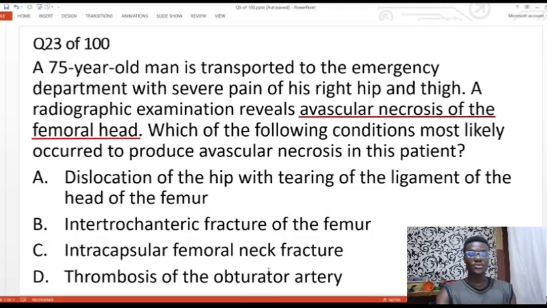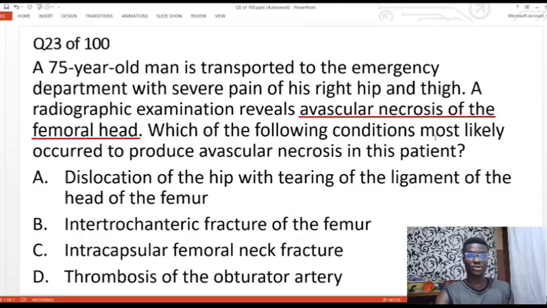Option C, intracapsular femoral neck fracture. Intracapsular femoral neck fracture is going to cause avascular necrosis of the femoral head because this is where you have the major blood supply to the femoral head and the neck. This is where you have them passing through. The retinacular branches of the medial and the lateral circumflex femoral artery, which are the major blood supply to the femoral head, will be affected in an intracapsular fracture of the femoral neck,